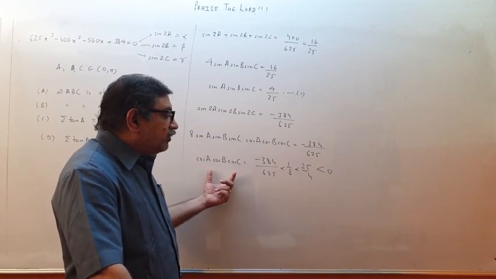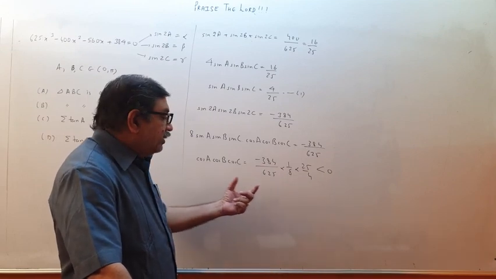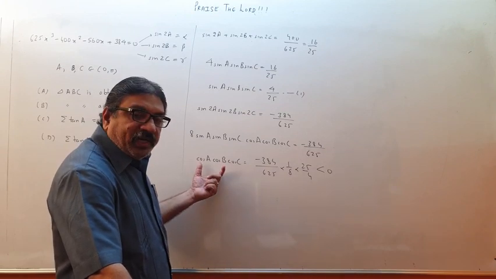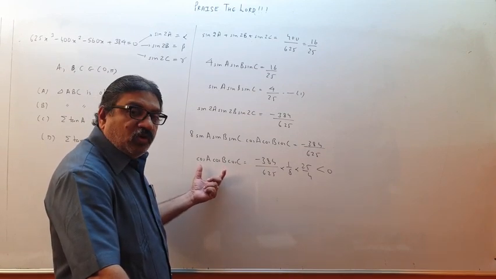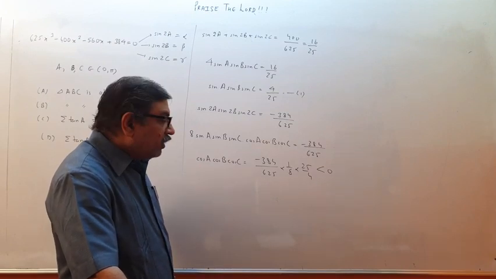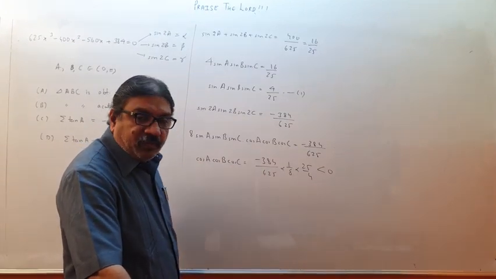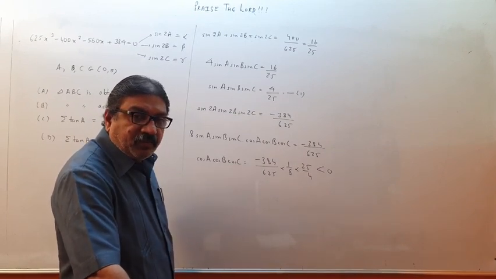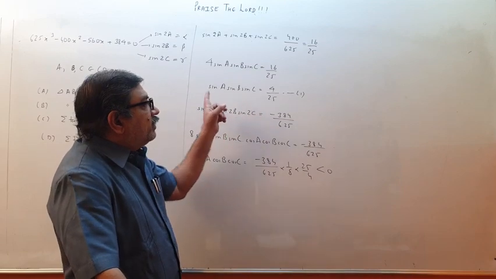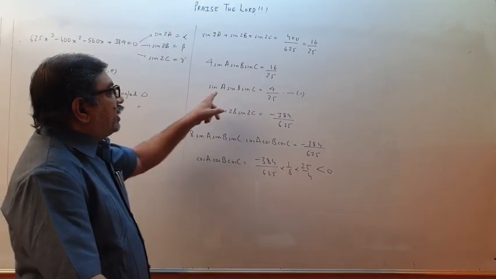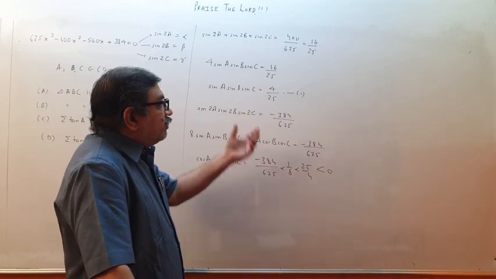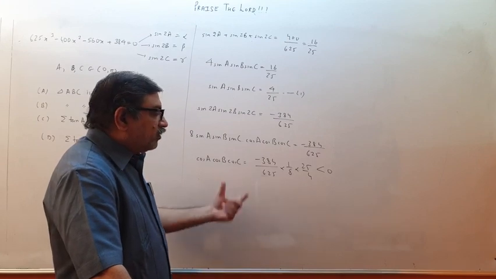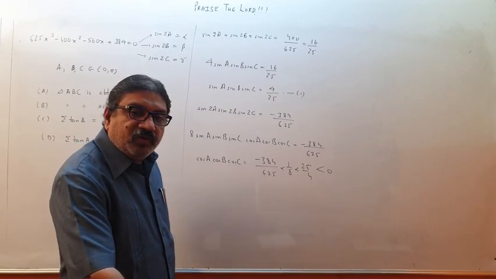If cos A, cos B, cos C would have come out to be positive, that means all the three are positive, or two are negative, again that won't be possible. Two negative means two obtuse angles in a triangle, not possible. So if this product would have come out to be positive, it would have meant all the three are positive, that means an acute angle triangle. From sin we cannot take judgment because from 0 to pi, sin A, sin B, sin C will always remain positive. From here we cannot decide which angle is acute, which angle is obtuse. From here we have to decide. Therefore we found out the value of cos A cos B cos C.